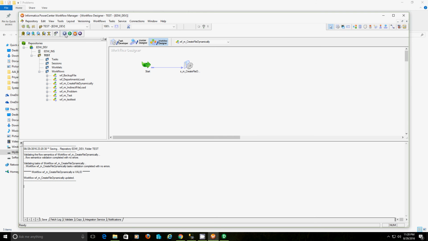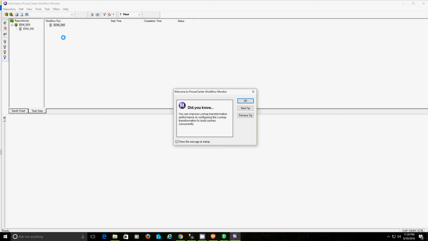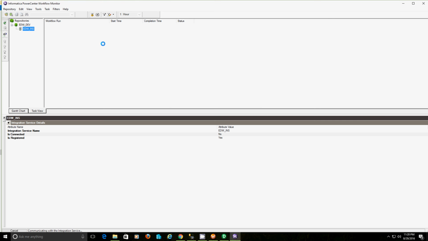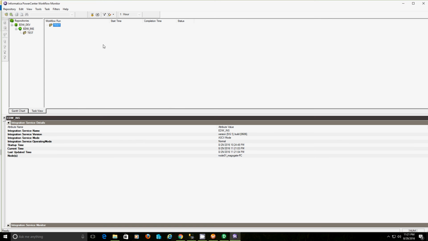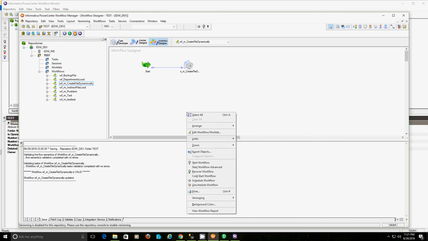Okay, let's open the workflow monitor as well. Just execute the workflow.